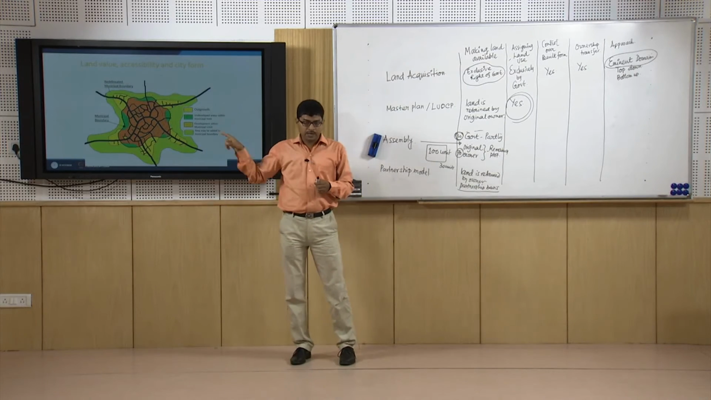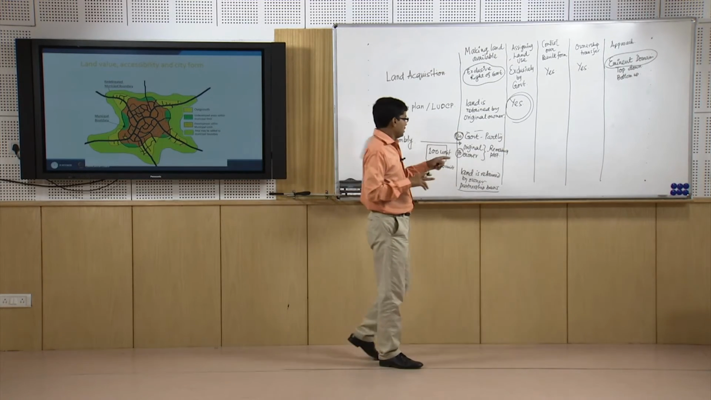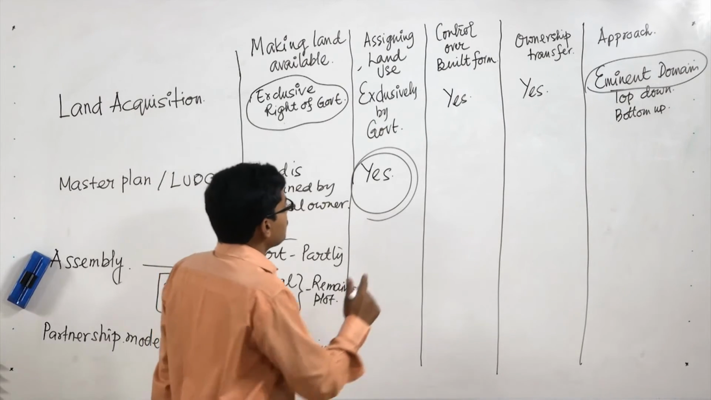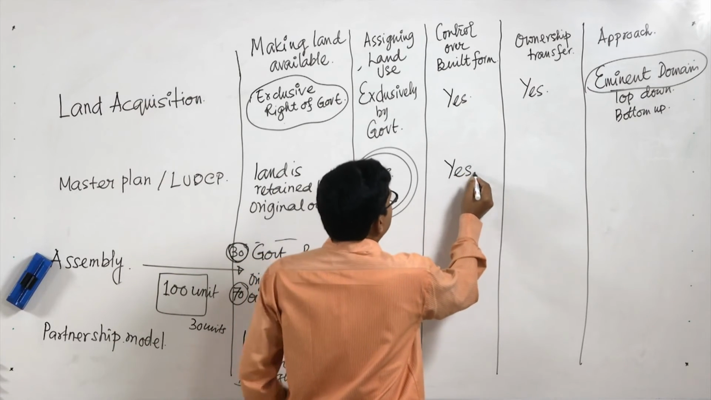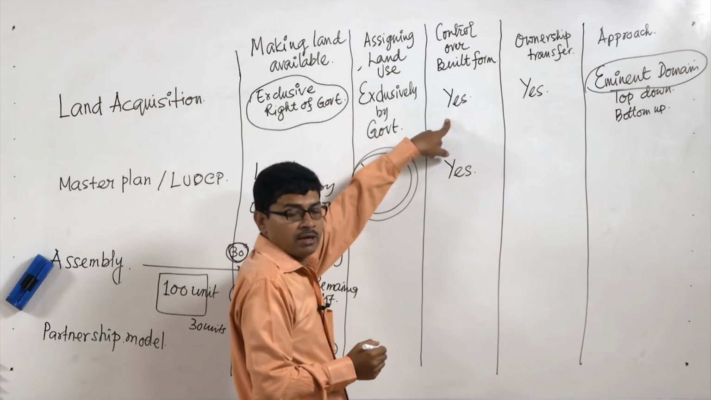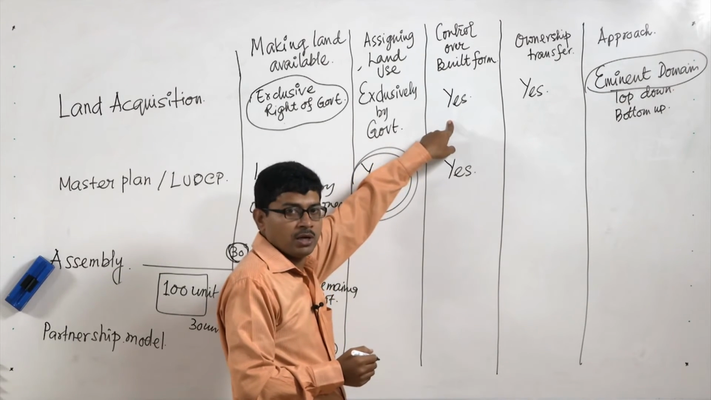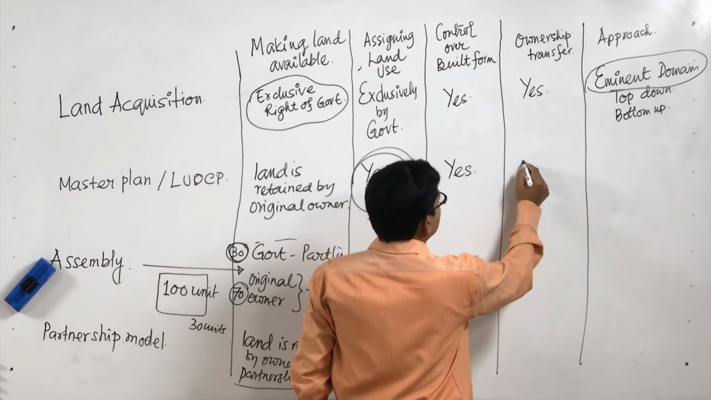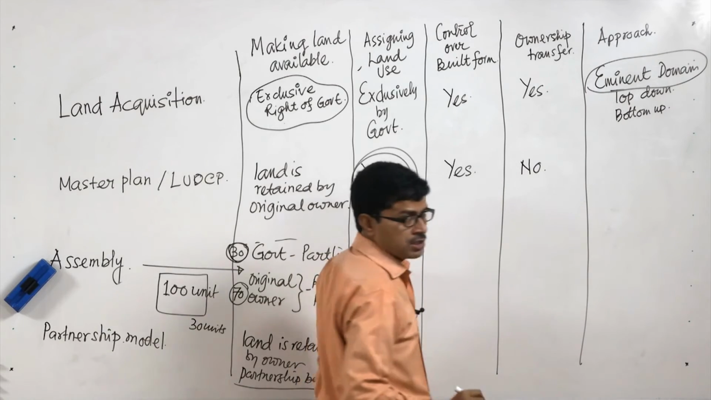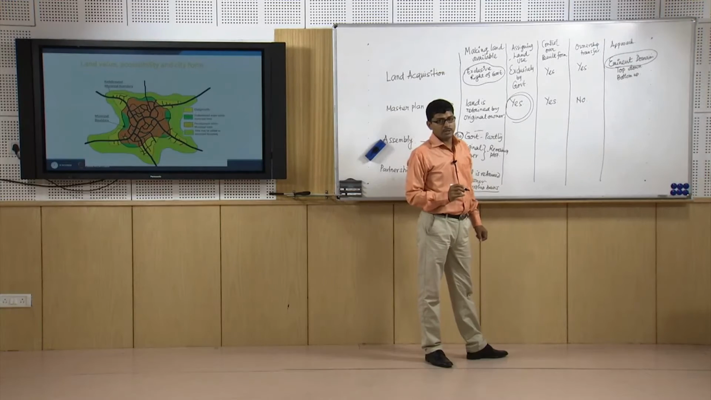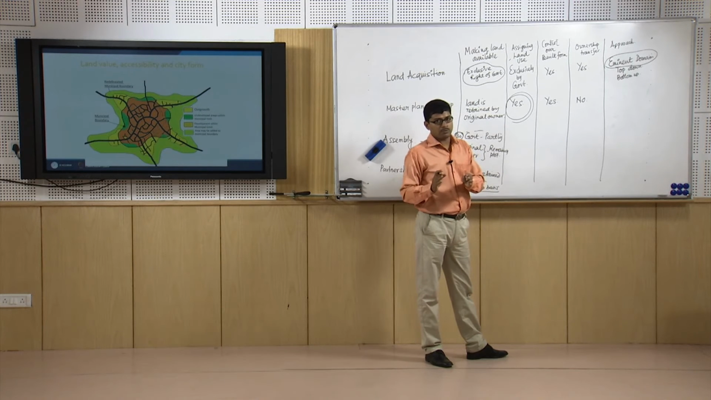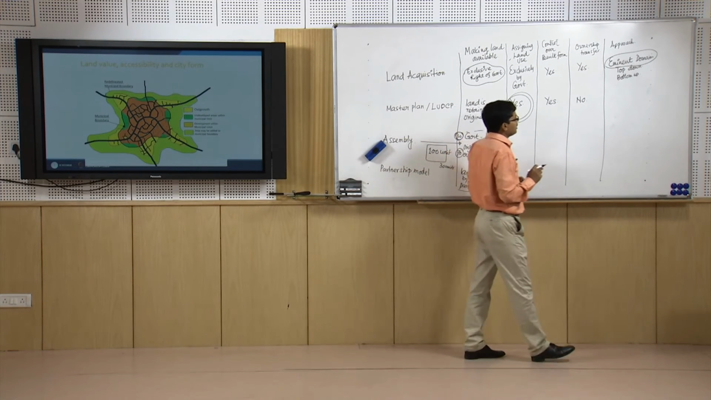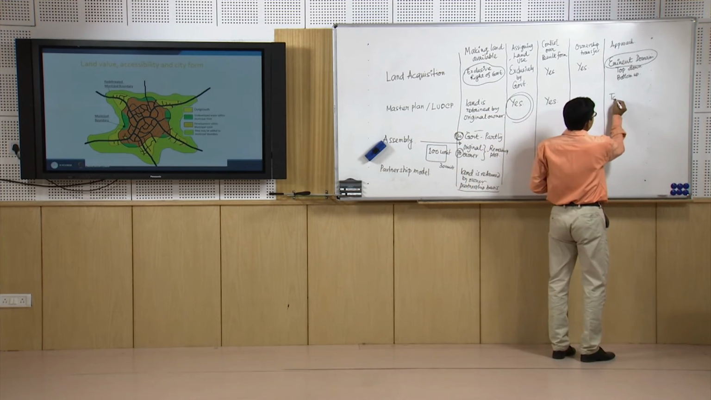So, based on this dynamics and overall analysis of the city, the prescription is given under this master plan LUDCP approach. And yes, here also they have control over build form, they have specific control in terms of the FAR, ground coverage, everything, the building control is there. And ownership transfer, no. Here no ownership transfer is required from the private to the government. Government is coming and facilitating the development work just by assigning the new land use, and here the approach is also top down,